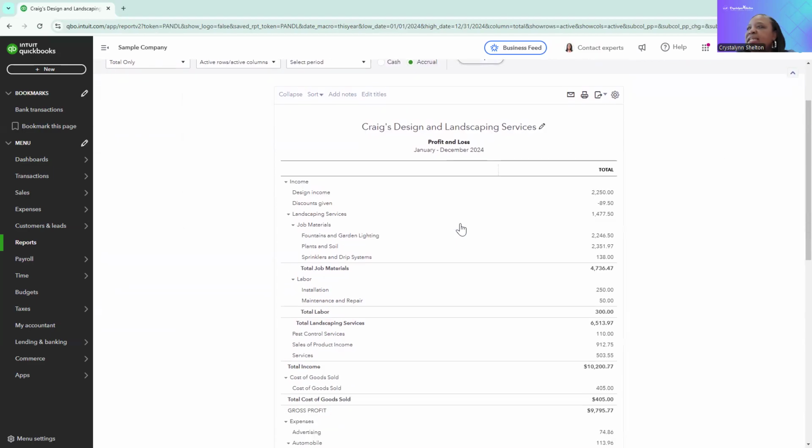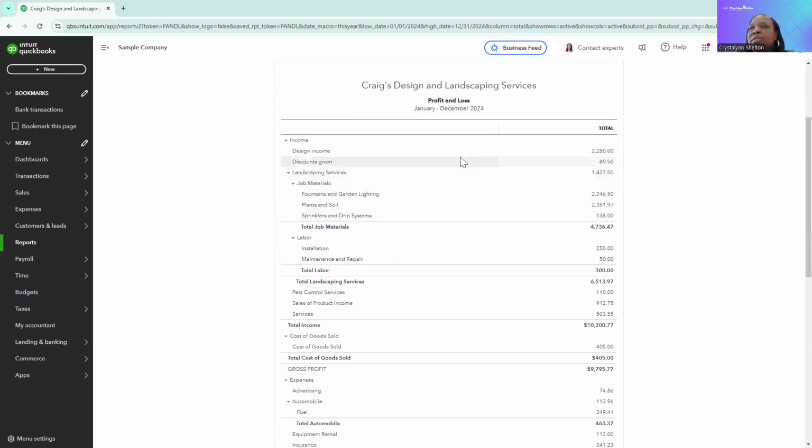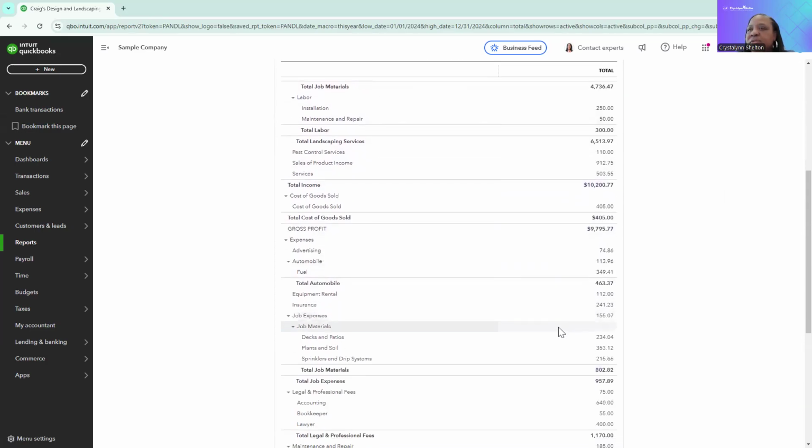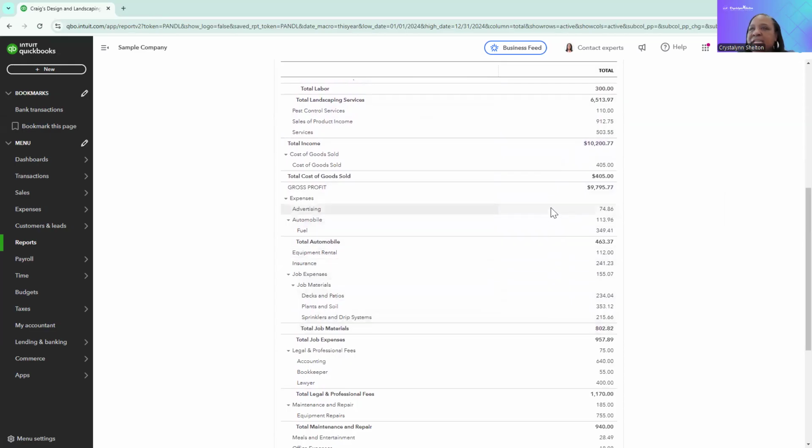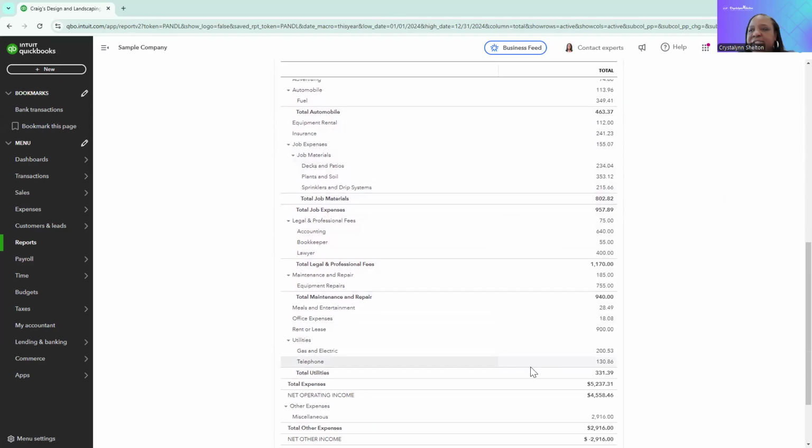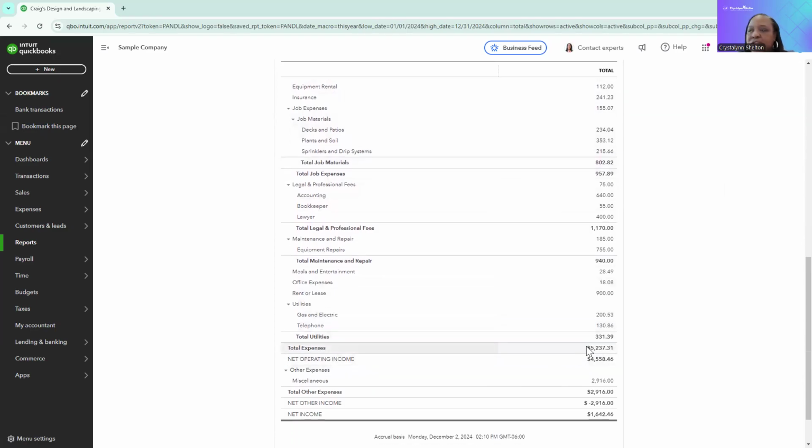And so this basically will show you a summary of all of the items that are considered income for your business. They'll be listed here, and then you'll have a total. And then if you scroll down, you'll also see all of your expenses listed here in their different groupings, and then you'll have a total for